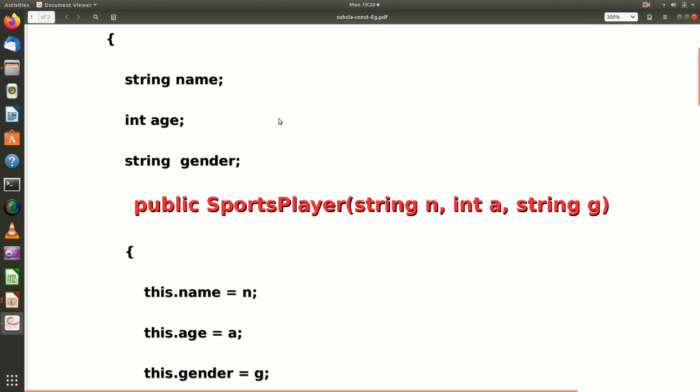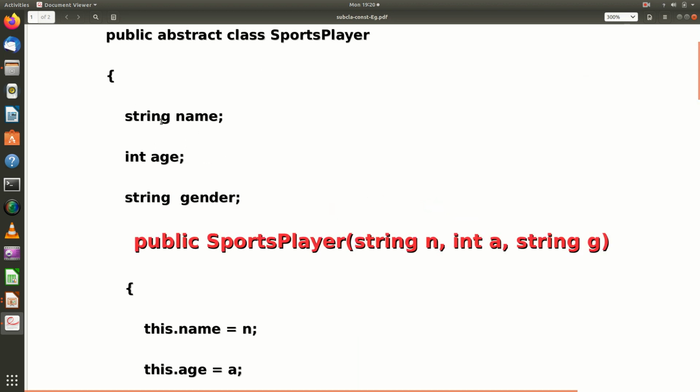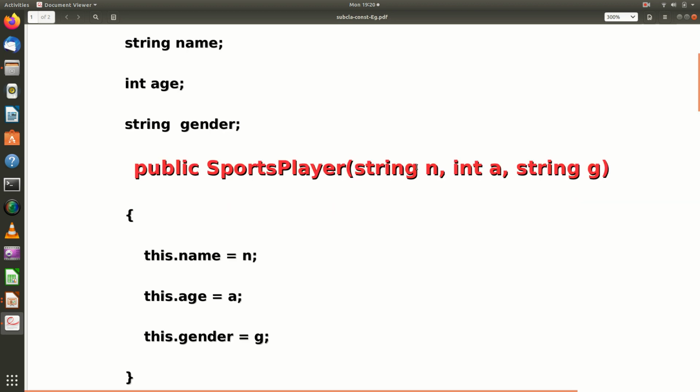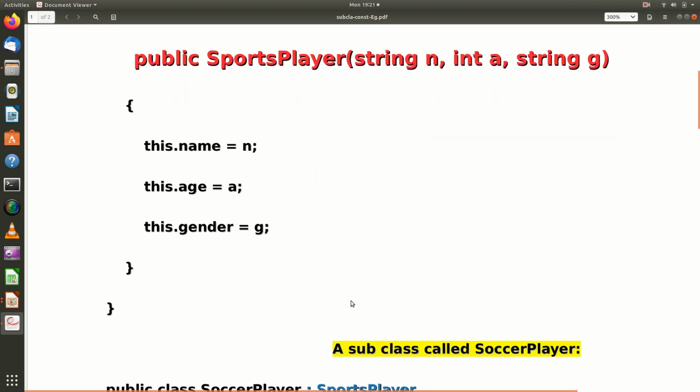I am going to define, this is a base class I am defining. I have 3 data members and I have a constructor also. The constructor here is a parameterized constructor. So what I do here, I pass 3 values for name, age and gender, and I am initializing the data fields name, age, gender. These are the data fields or data members, and I pass some initial values to the parameterized constructor, and I assign these initial values to the data members or the data fields. So this is what I do in the base class.